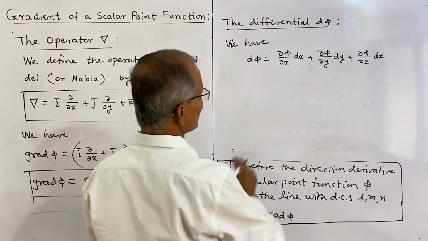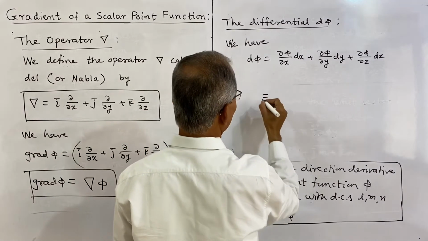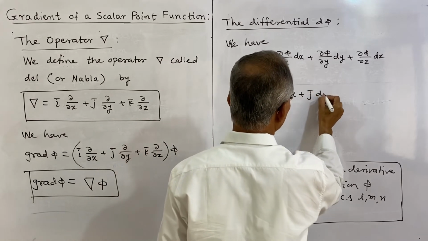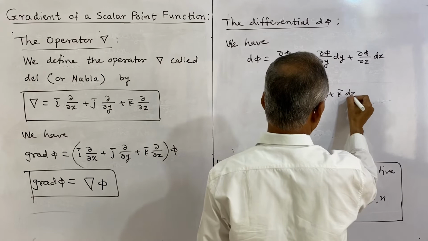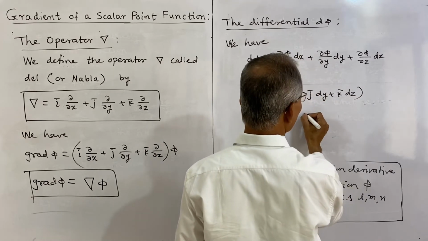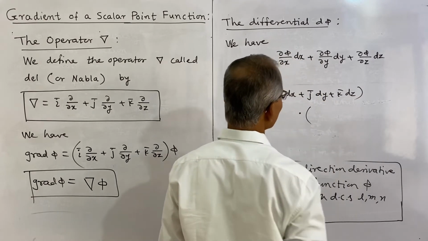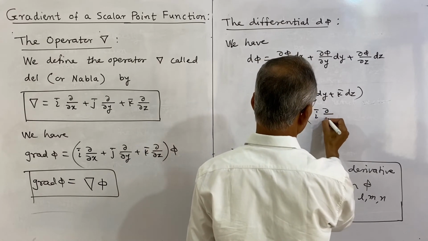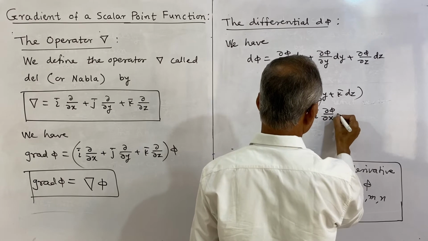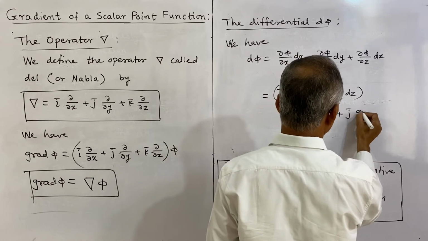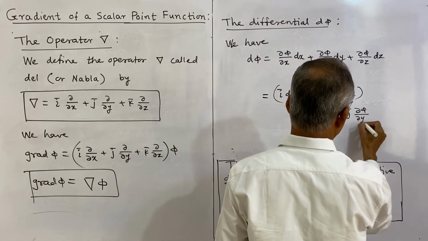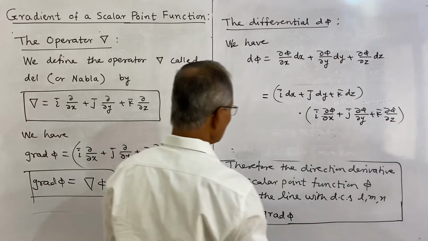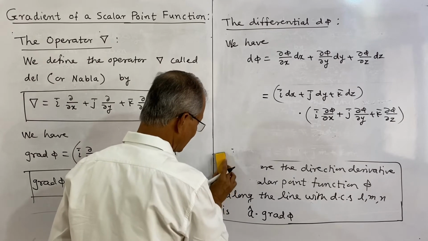And now this expression can be written in the form as, we will write i dx plus j dy plus k dz as the first vector, and we take its scalar product or dot product with another vector as i dou phi by dou x plus j dou phi by dou y plus k dou phi by dou z. Now see, the first vector we can write as